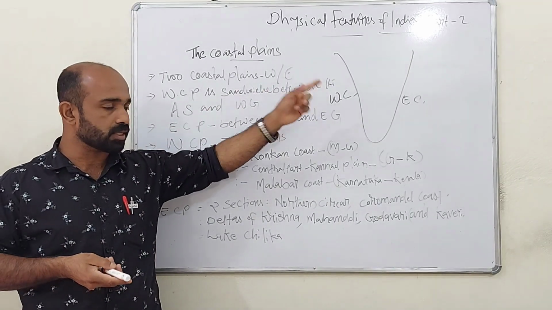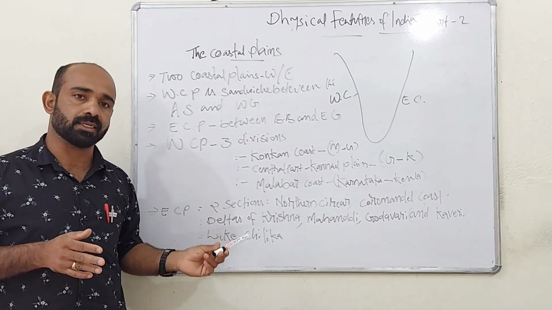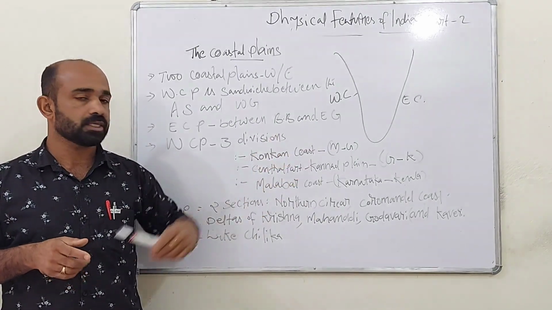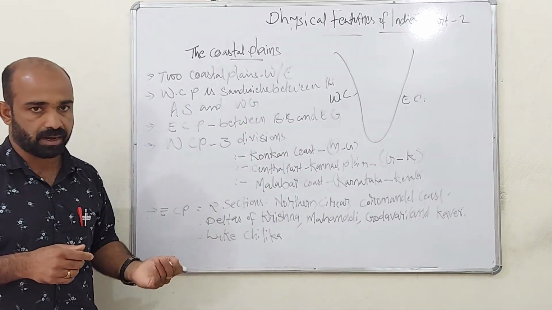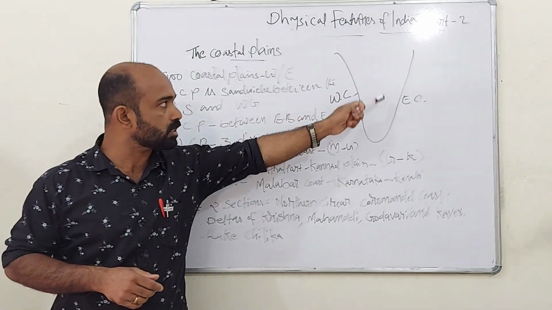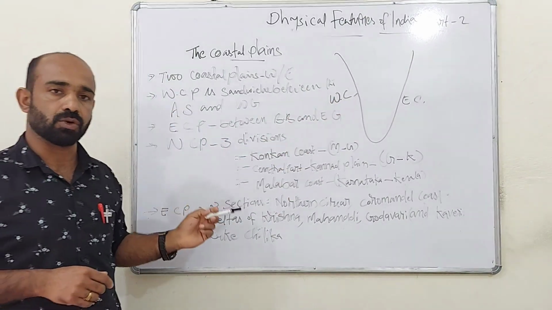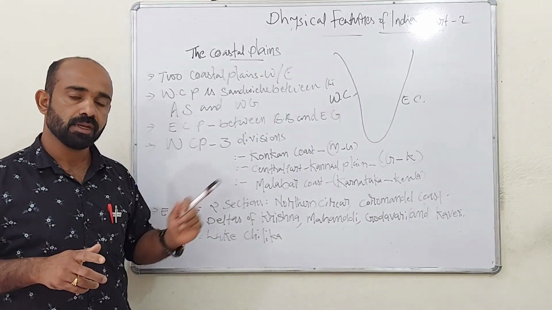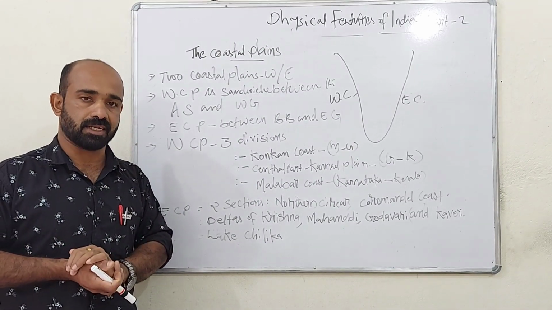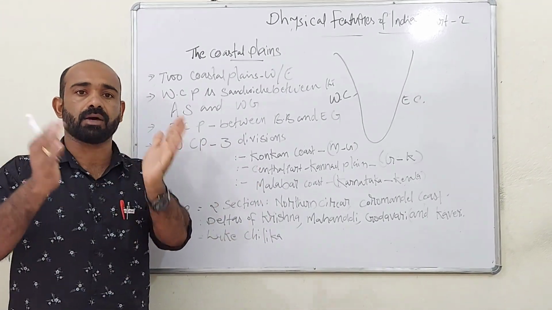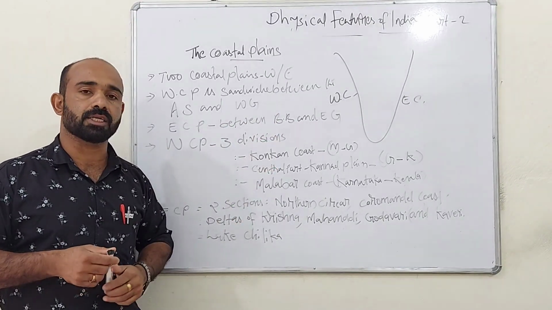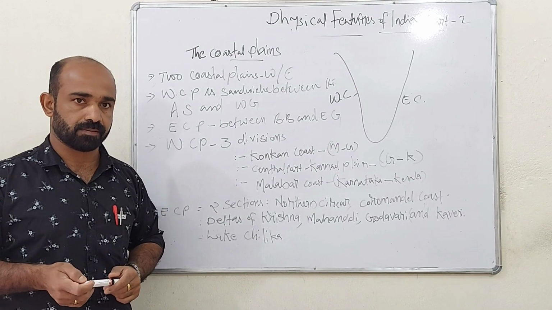And the middle region is known as Kannada Plain, located in the states of Goa and Karnataka. And the southern portion is known as Malabar Coast, located in the states of Karnataka and Kerala. Eastern Coastal Plain has two divisions. The northern portion is known as Northern Sircar, the southern portion is known as Coromandel Coast. And in the Eastern Coastal Plain, another feature is deltas. Deltas of Mahanadi, Krishna, Godavari and Kaveri are found in this region. And in the Eastern Coastal Plain, Lake Chilika is found in the state of Odisha.